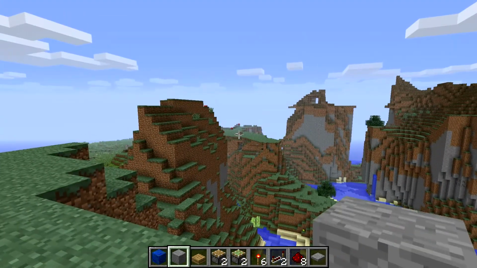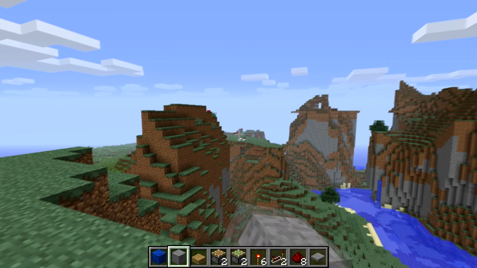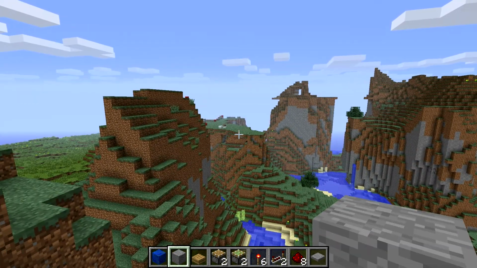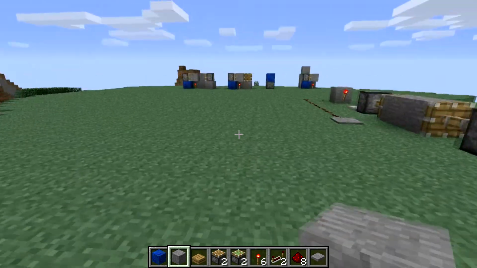Oh look, there's the last location over there. Wave to the last location. Is that snow? I don't remember placing snow down. But anyways,